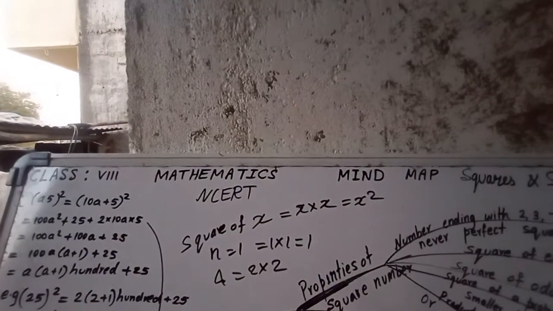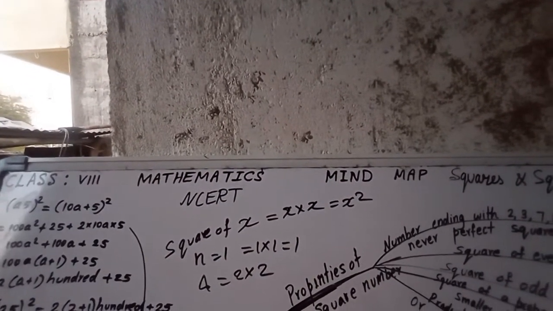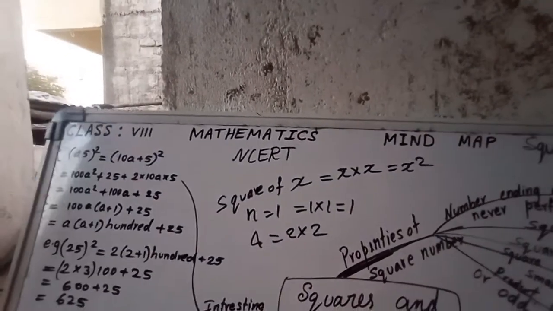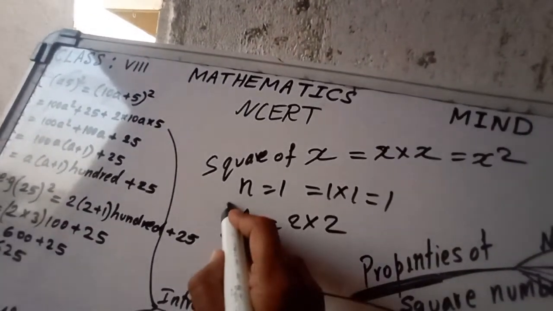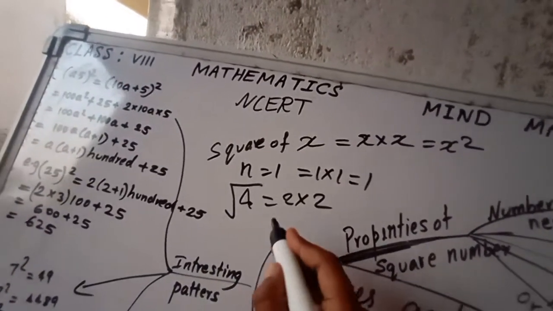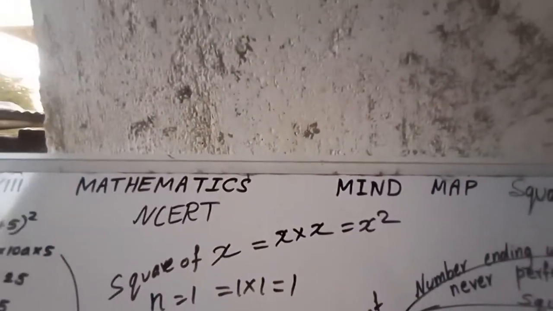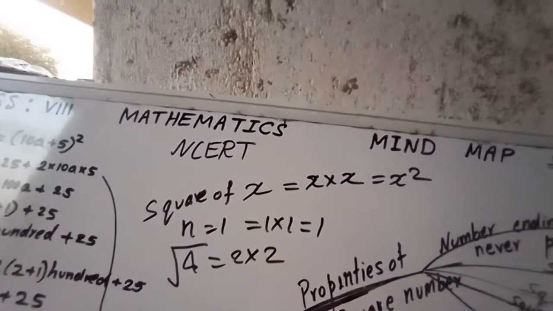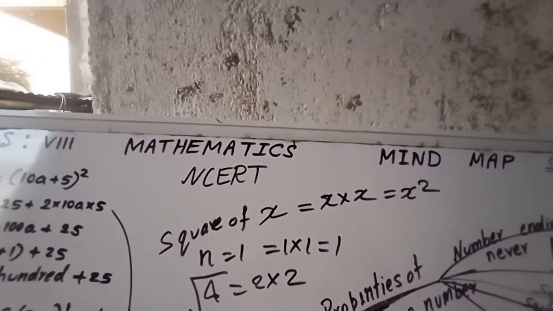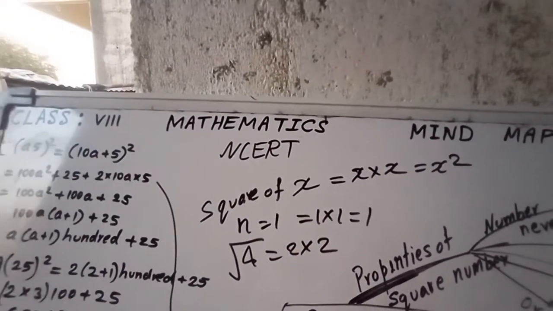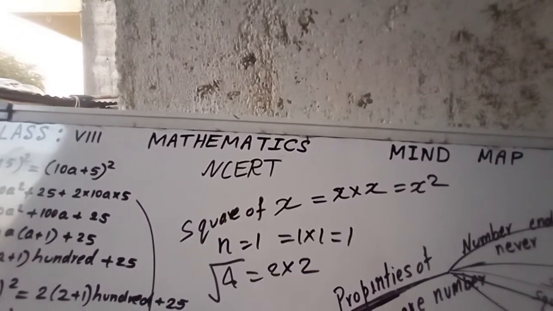In this way, square root is the inverse operation of square. So we indicate it by this symbol. This is the square root symbol. You can denote it just by using this symbol. Square root is the inverse operation of a square. Either you will get the positive square root of a number denoted by the symbol.